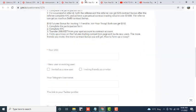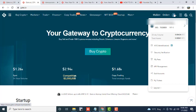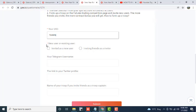Okay, here I will use 702850. This is my referral code also. Correct. Okay, here a question is asking new user or existing user. I am invited as a new user, inviting a friend as an inviter. Okay, there are both options. If you are a new user, then you have to click here, and if you are an inviter, then you have to click here. Then after that,